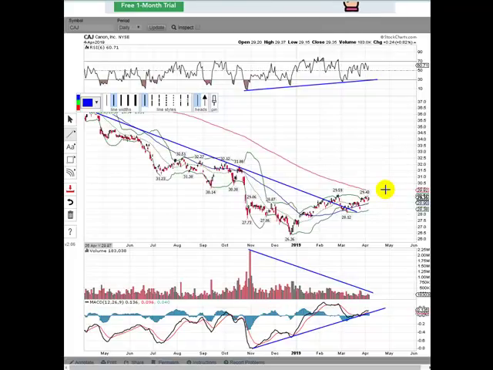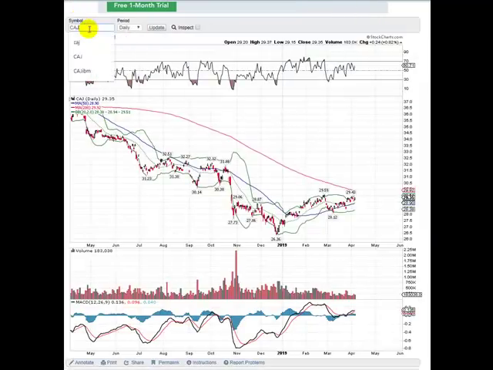So this one has recovered nicely from the 26s to the 29s, but it could pull back before heading higher. It could head sideways for a bit longer before heading higher, or it could just jolt higher. One of these two is probably more likely than this, but we'll take any one of them. But anyway, just very pleased with how that's coming along.